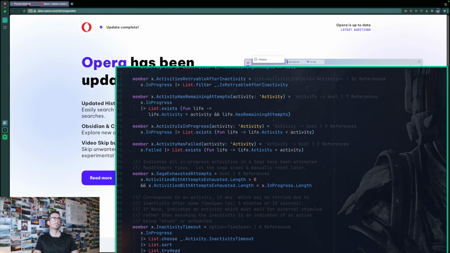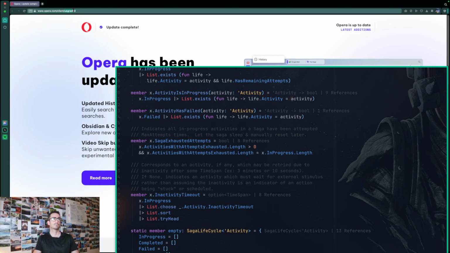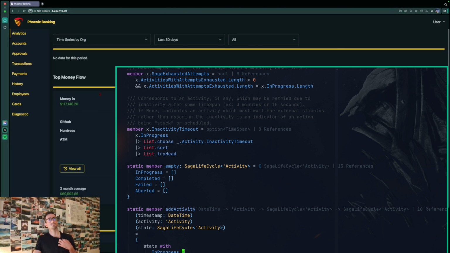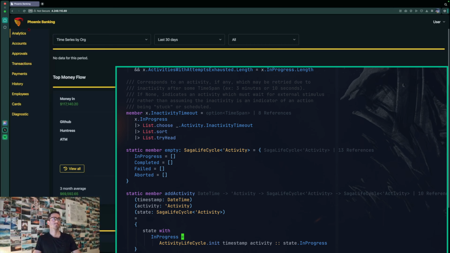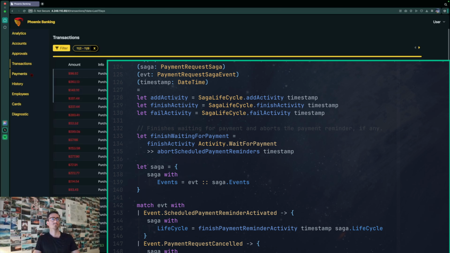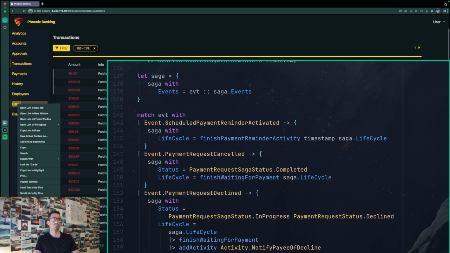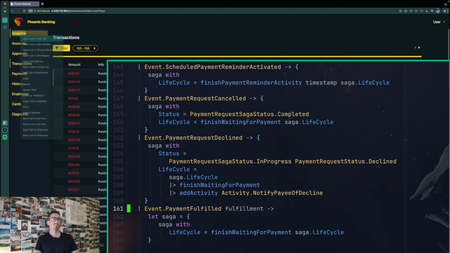I will review some library code which allows me to think in terms of activity life cycles: adding, completing, failing, aborting, and retrying activities as events are received by the Saga. We will see how this underlying Saga actor and Saga lifecycle domain code is being used for several of the